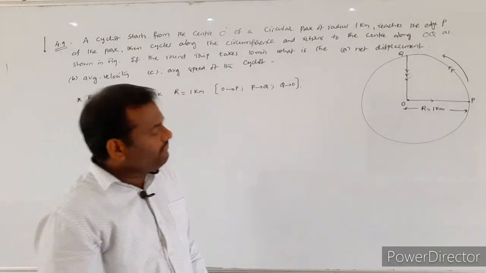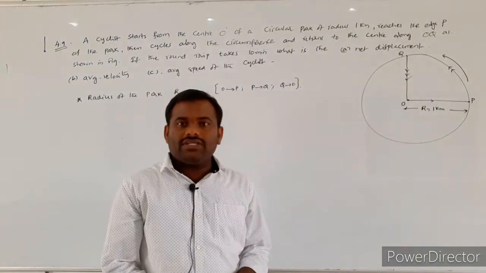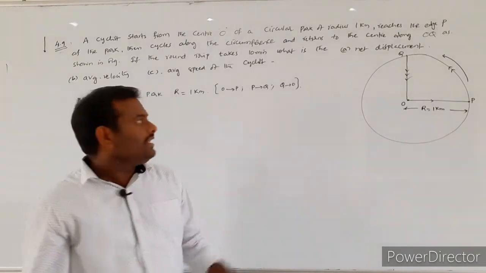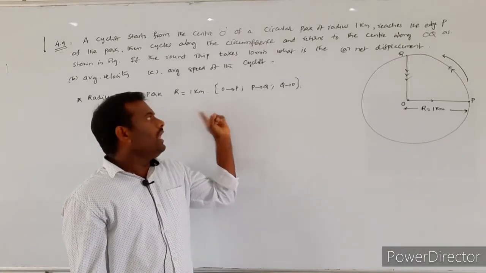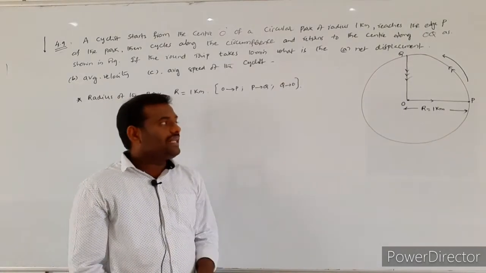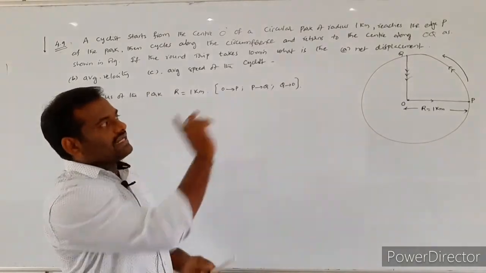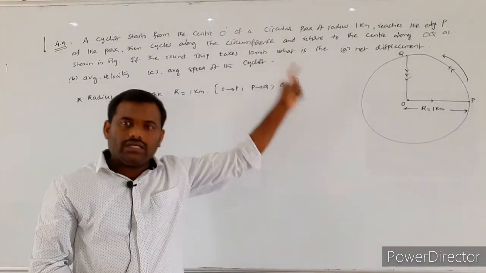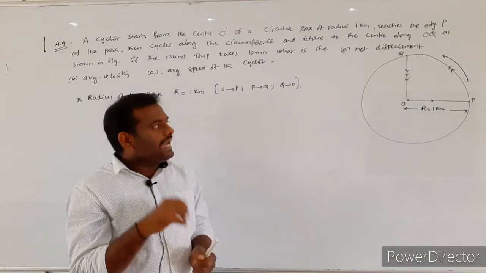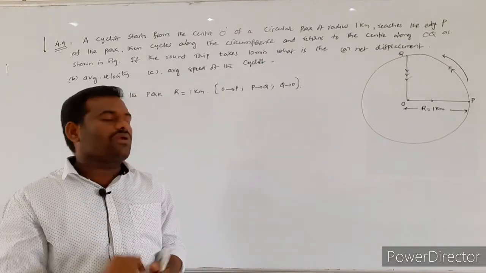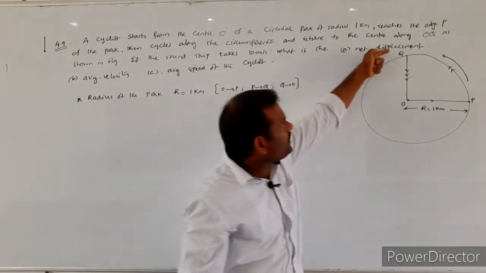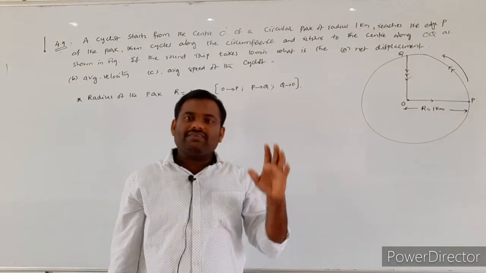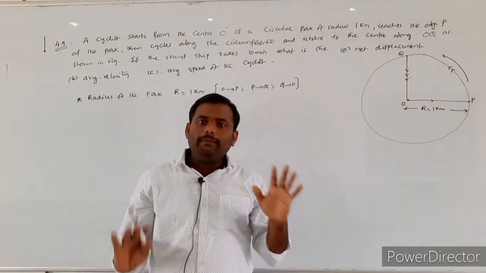Once again, from where he started, the point O, what is the initial direction of the motion? The initial direction of the motion is O to P. Then he travels along the circumference of the circle from the point P to the point Q. Then again he comes back to the center of the circular park along the path Q to O. This is the path he followed in the circular park.